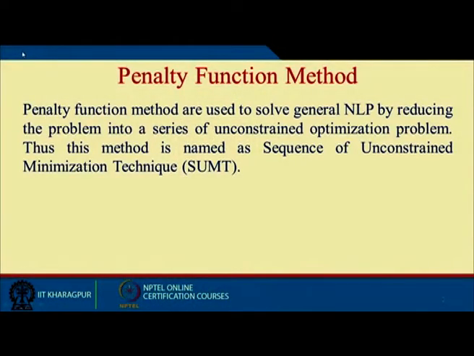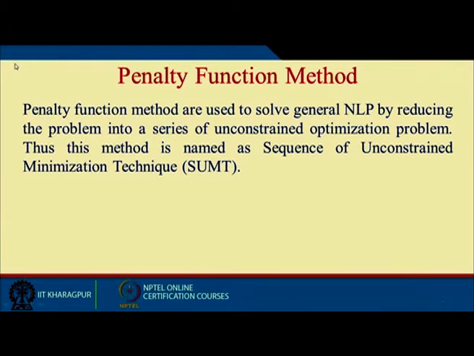Let us discuss another procedure, that is the indirect method for solving nonlinear programming problems. This set of methodologies is named as penalty or barrier method. Let us consider a general nonlinear programming problem. Now, if we consider a nonlinear programming problem with a set of inequality constraints, now with this penalty function method,